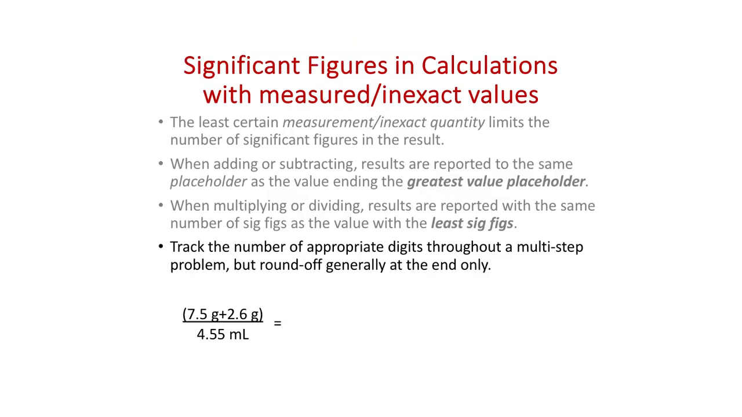Now, of course, most of the time, we don't do just addition or just multiplication, we do mixed math operations. So what do we do when we have a problem that involves multiple math steps where we have maybe addition or subtraction going on, and then also some division or multiplication going on? The key is we have to track the number of appropriate digits through a multi-step problem, generally rounding off just